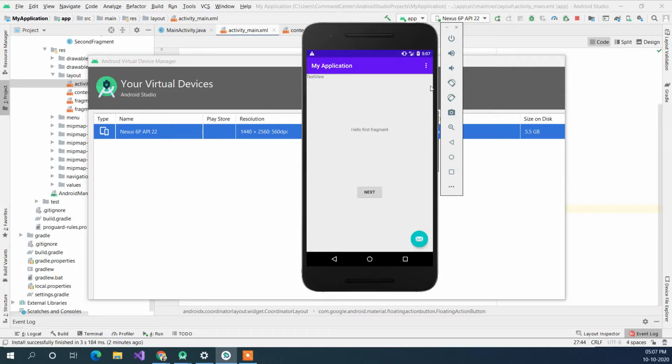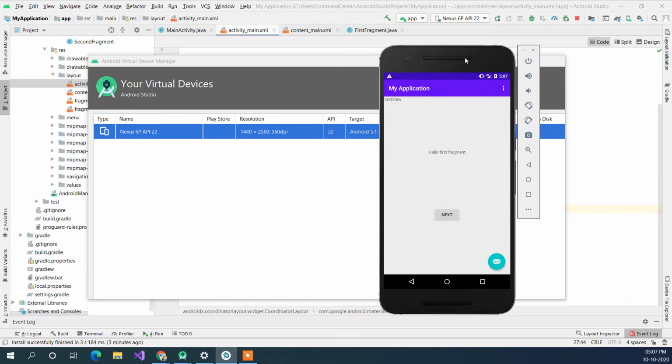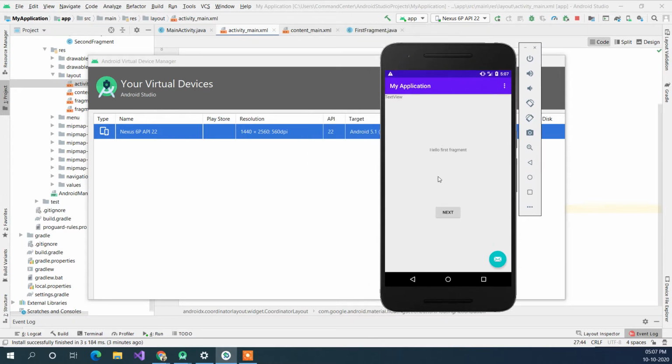Hello everyone. In today's video, I am going to show you how we can stop the weird sound while debugging the Android application. As you can see, when you start the emulator, after a couple of debugging sessions, it started to produce some weird sound.